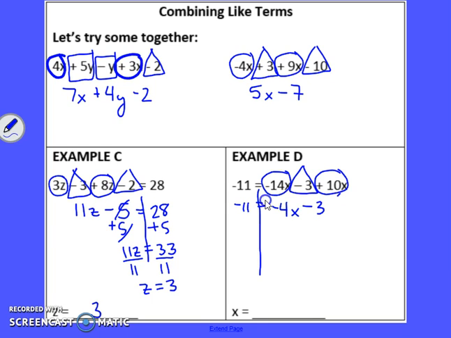First, get the constants all together. So I'm going to do plus 3 on both sides. This goes to 0, so I have negative 4x equals, I had negative 11 plus 3, so I owed you $11, I paid you back 3, I still owe you $8. We're going to divide by what's in front of the x, so negative 4, negative 4. A negative divided by a negative is a positive. 8 divided by 4 is 2, so x is going to equal 2. All right,